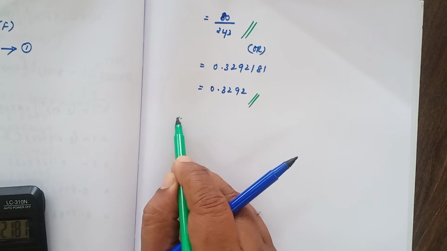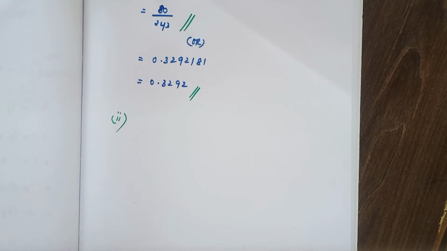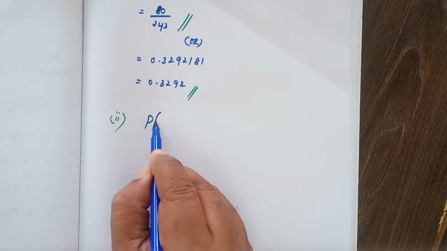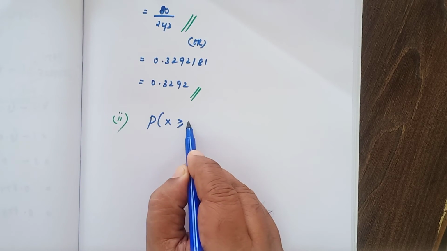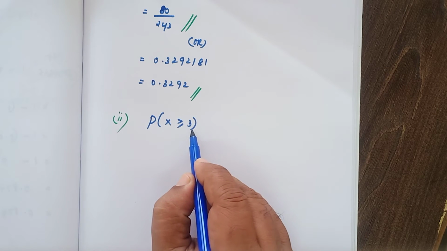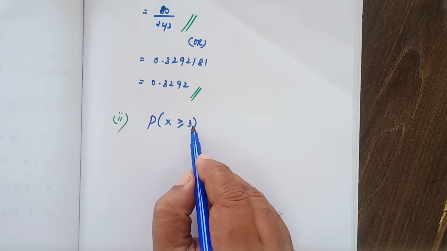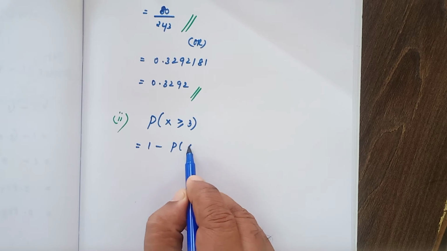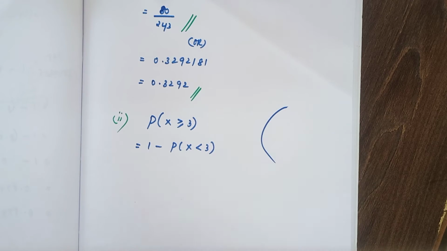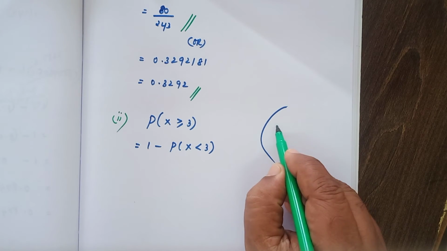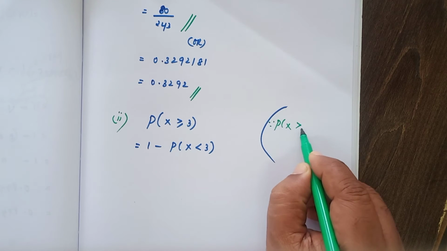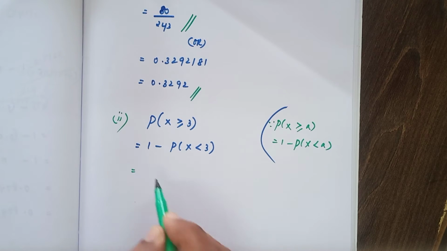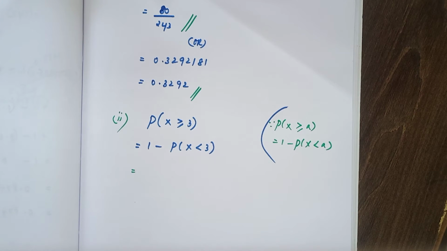Now subdivision number 2, at least 3 successes. So probability of X at least 3, that is greater than or equal to 3. Here you can find the value using the property, or even without using the property. If I use the property, you write 1 minus probability of x less than 3. The property is probability of x greater than or equal to a is equal to 1 minus probability of x less than a, equals 1 minus